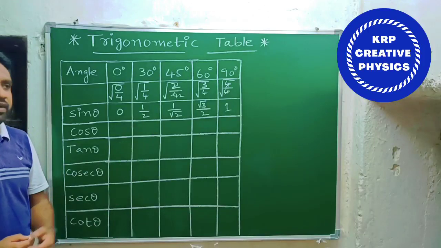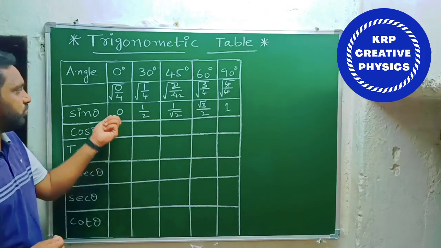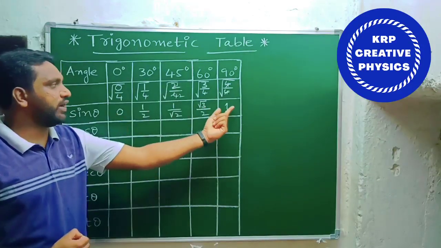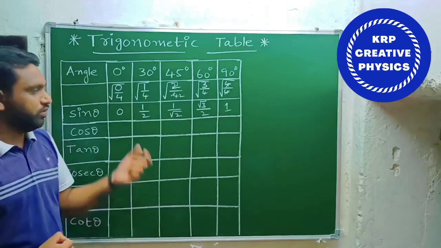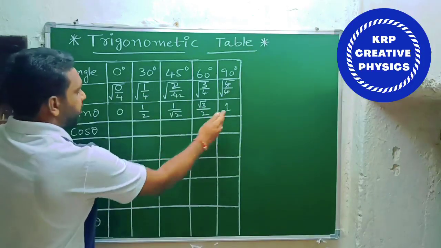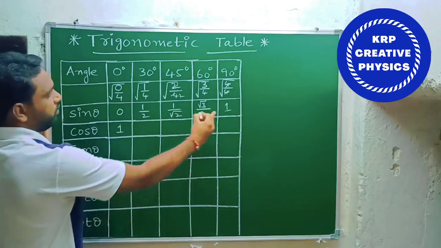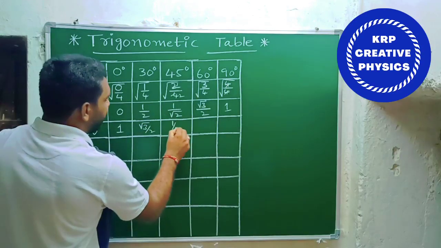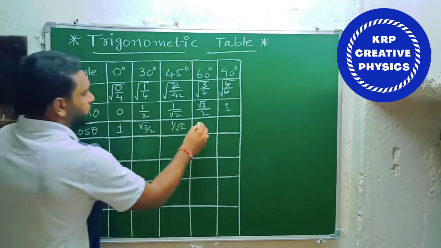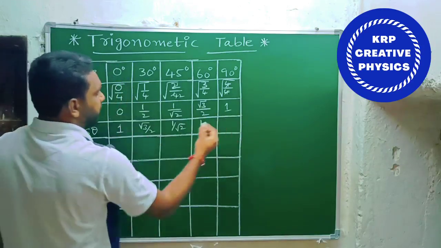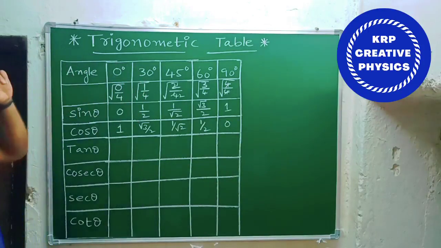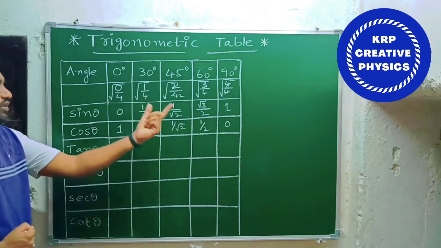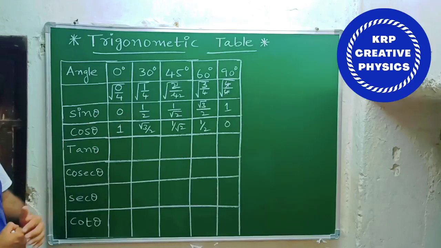So after getting the sine values, to find cos theta values, we need to write all these values in reverse order. Now we need to write all these sine values right to left. Then we'll get the cos theta values. What is the extreme value here? 1. So here we need to write 1. After 1, what do we have? Root 3 by 2. Next, 1 by root 2 will be 1 by root 2. There is no problem with this. Next, 1 by 2 will go to this side and 0 will go to the last angle. Okay? So in this way we can find the cos theta values. Just we need to write the sine values in reverse order. Then we'll get the cos theta. So this is regarding sine theta and cos theta.